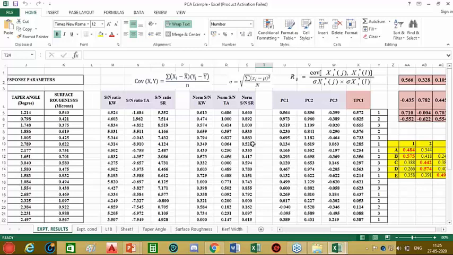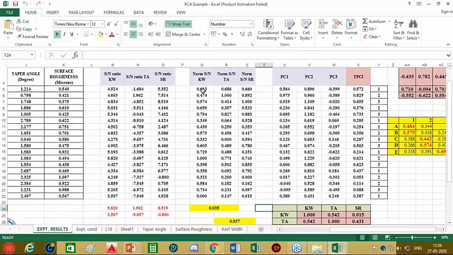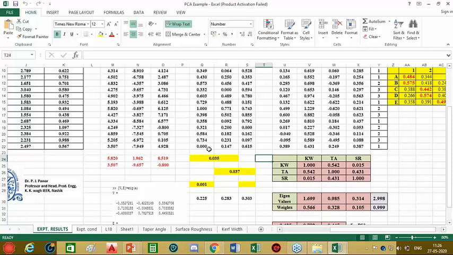Now we can find out the standard deviation. We have to find out the standard deviation of each column. Thus the standard deviation for the first column, that is the curve width, is 0.225. The standard deviation for the second column is 0.283, and the standard deviation for the third column is 0.303. So thus we have three covariances and three standard deviations.